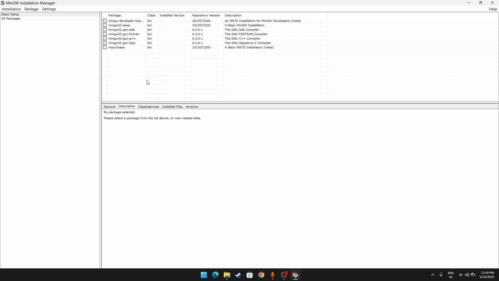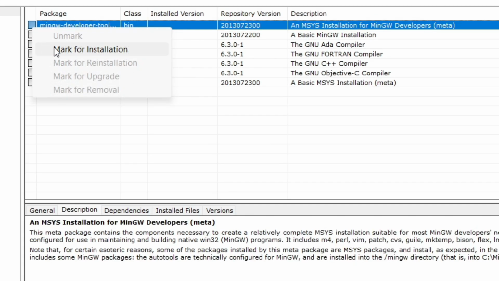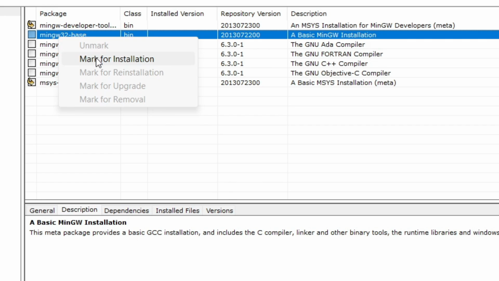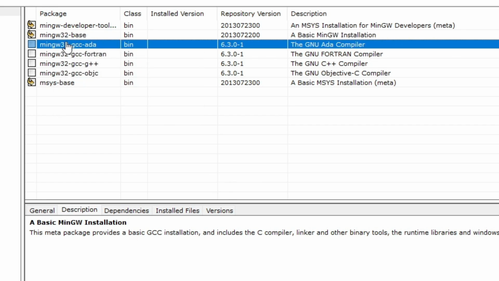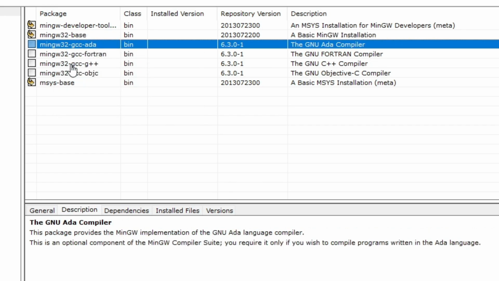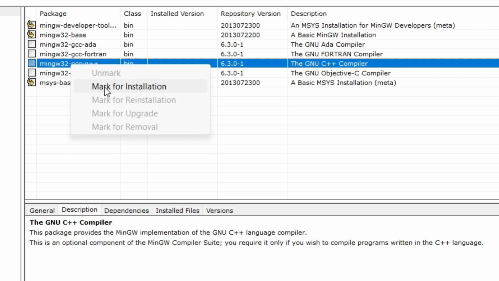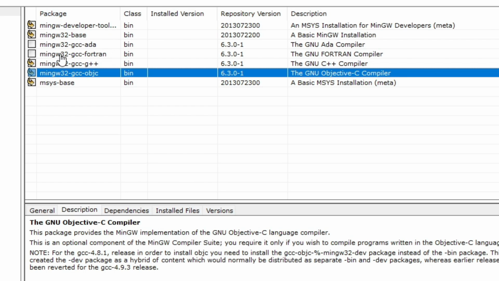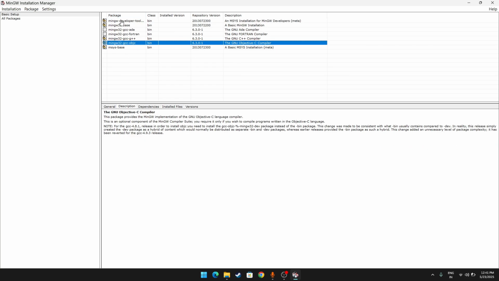Here we need to install some packages. First of all, click this first one and right click, mark for installation. Also click this one, mark for installation, and the second last one, mark for installation. You can just leave these two, you don't need to install them. After marking these packages, the first two and the last three,